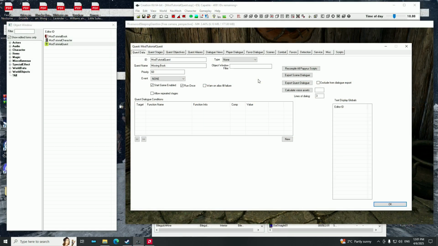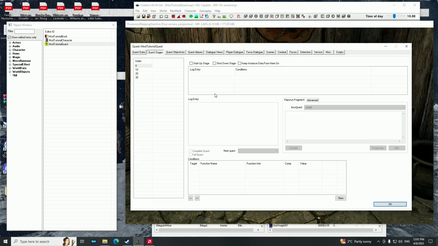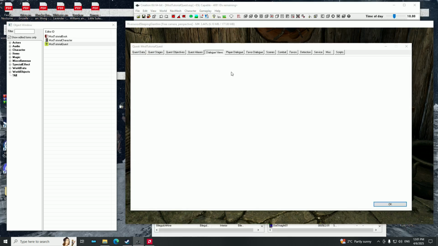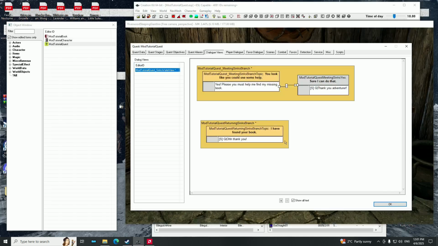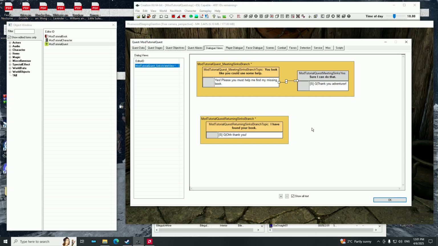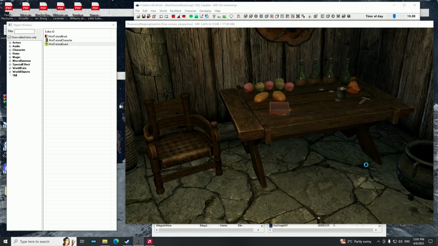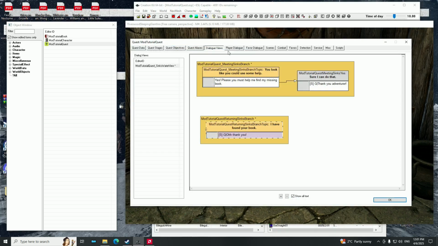Alright, so we're getting to the end here, and you're probably saying to yourself, even for such a simple quest, there's a lot of small little steps that we have to remember to do. Because of that, sometimes you miss things, and I did forget one step. And that is to give the player a reward for completing the quest. And that's pretty simple. So what we're going to do is head to our returning branch under the dialog views tab,